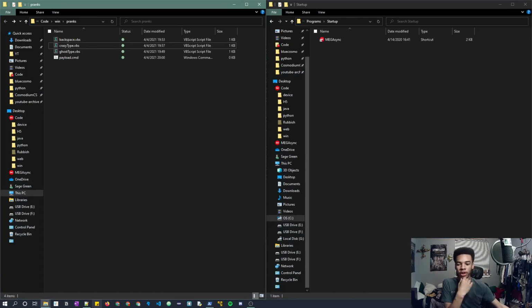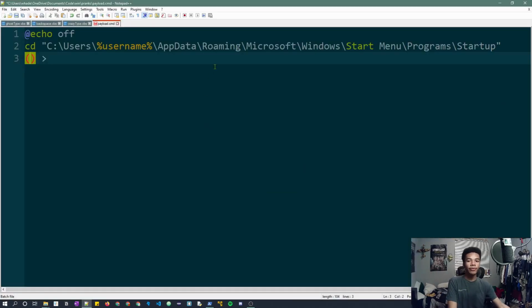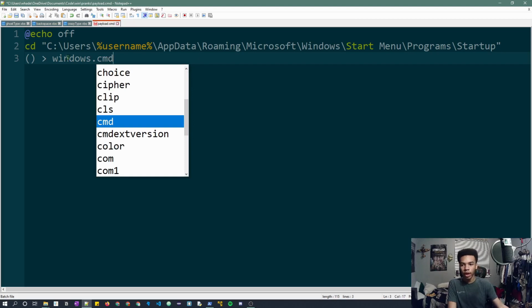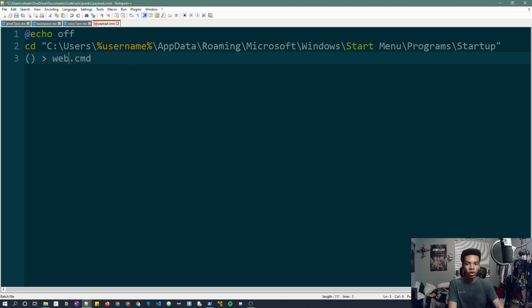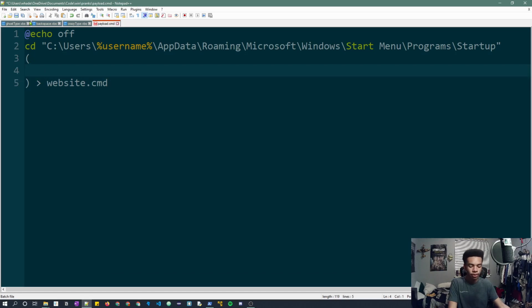So I'm going to use a .cmd file, and we'll call this windows.cmd, right? Actually, we'll call this website.cmd, all right? And this website.cmd that we're making is basically just going to open a website. So we can tab over here, and we can just do,